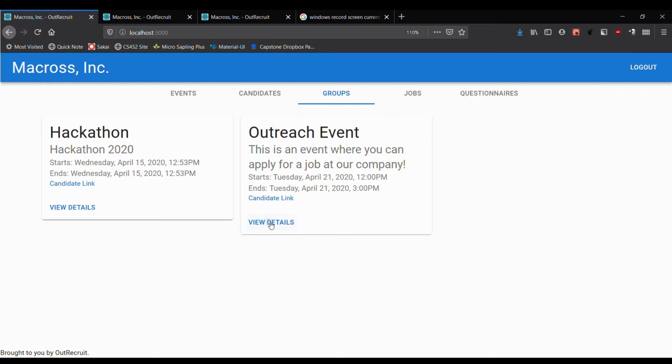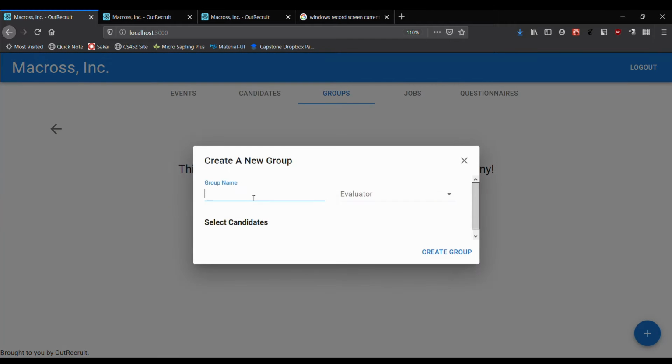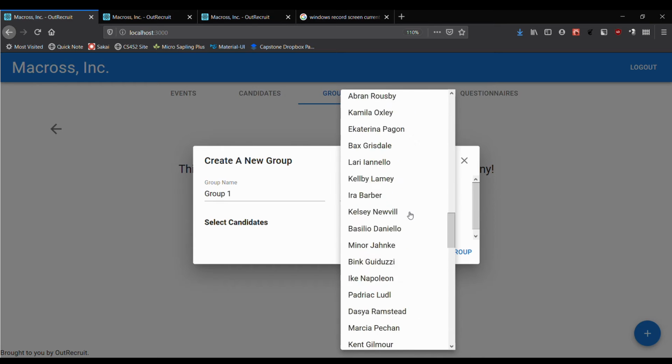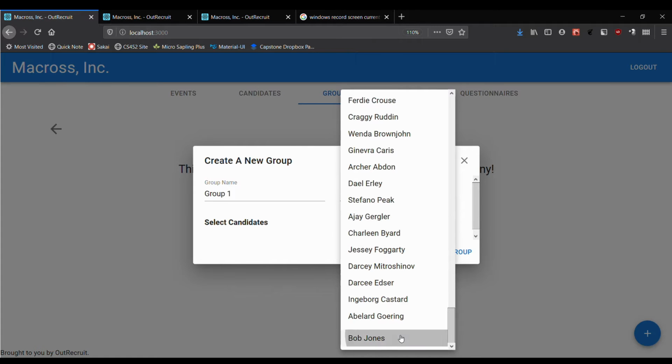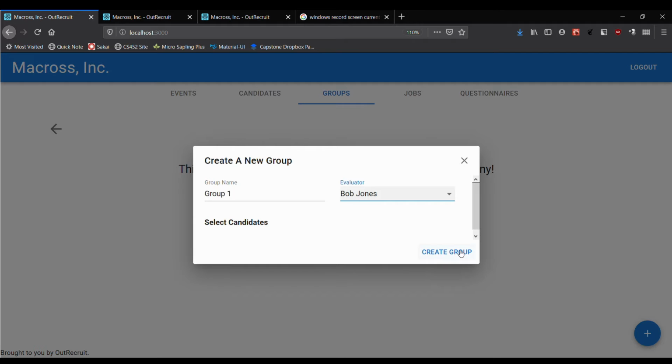Our next step is to create groups for our candidates and evaluators. We envision company recruiters using employees to interact with candidates in order to assess their teamwork, work ethic, and skills live on the field. This will allow recruiters to know if a candidate is best fit for the company.